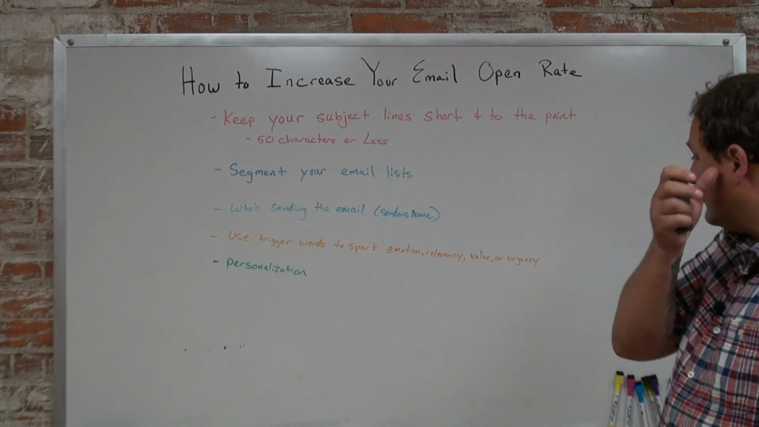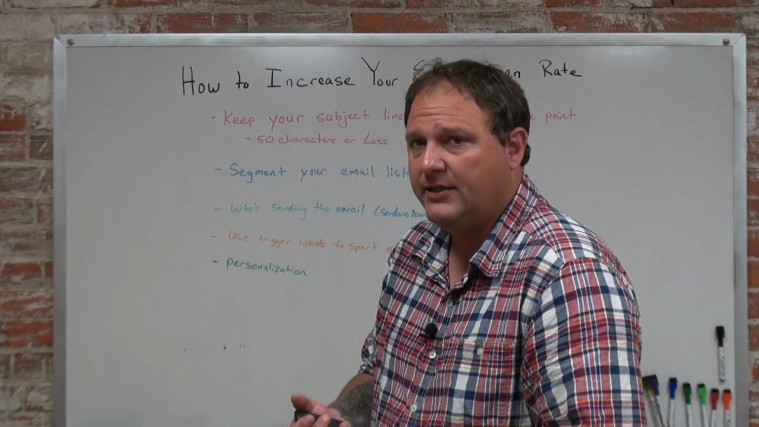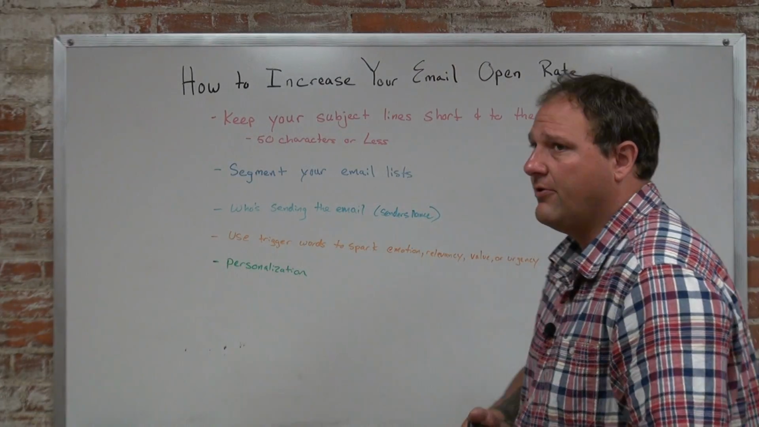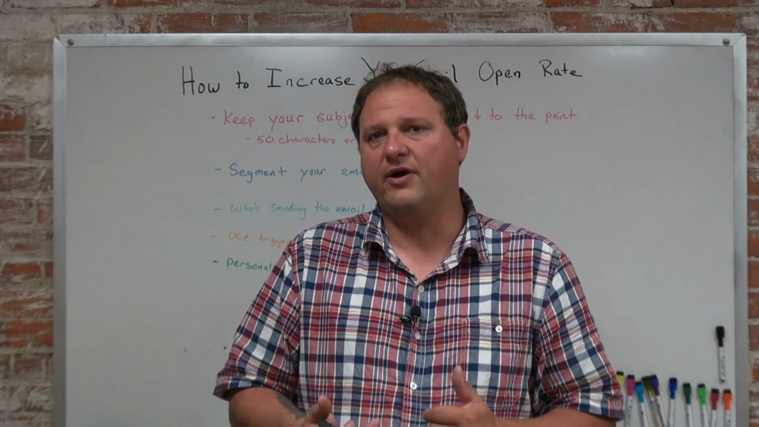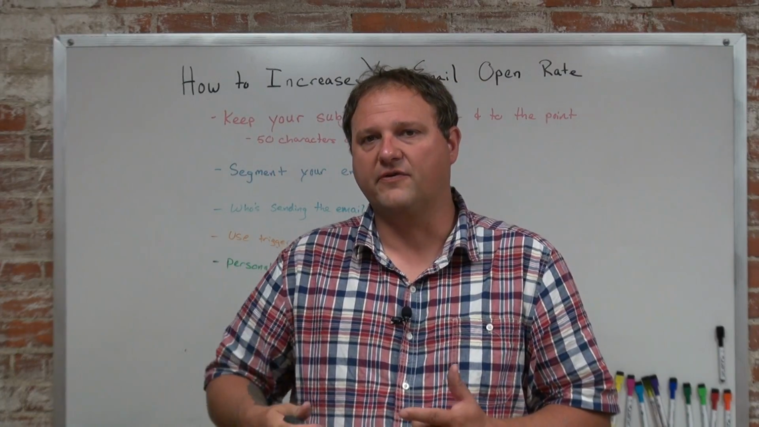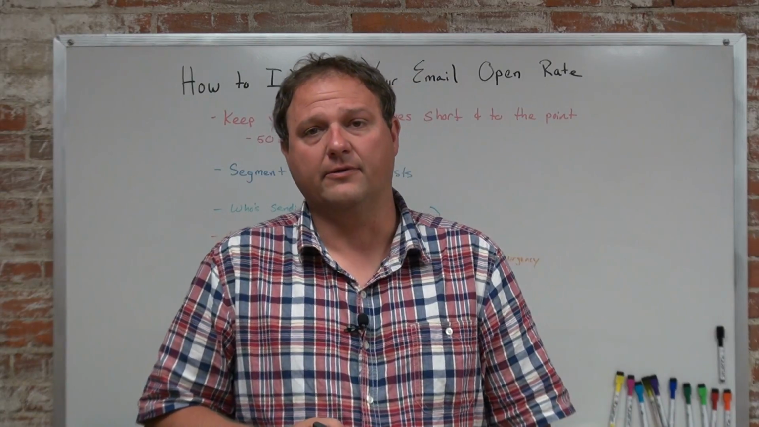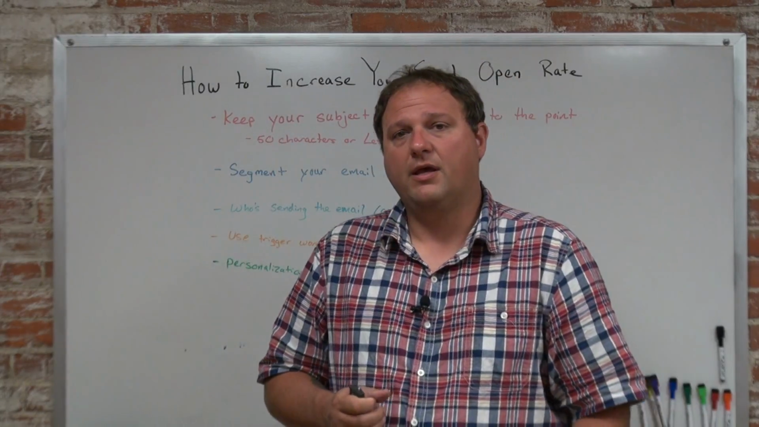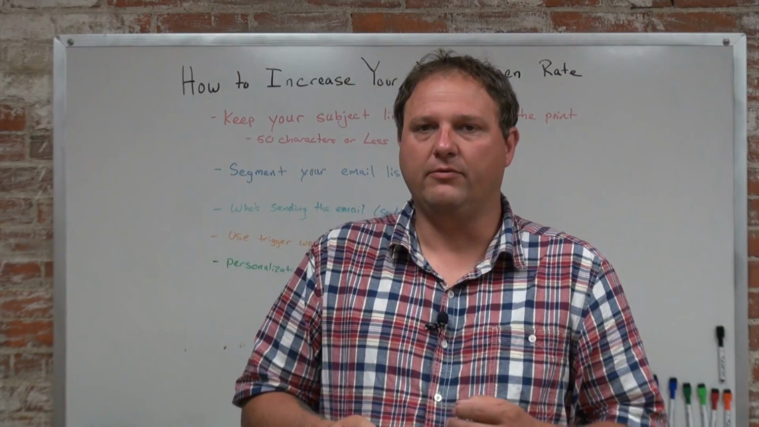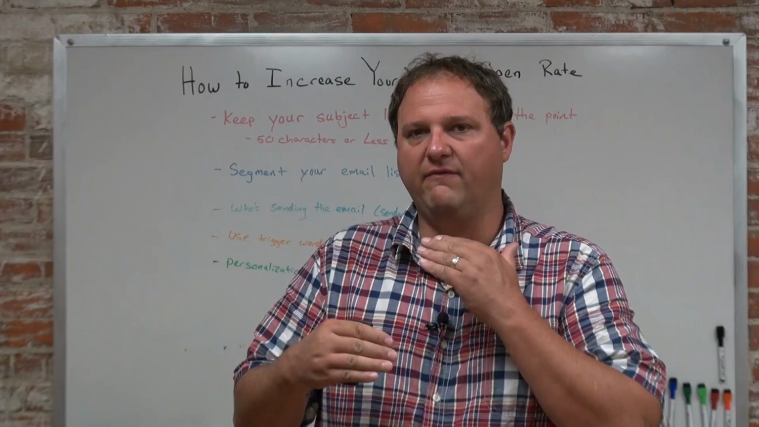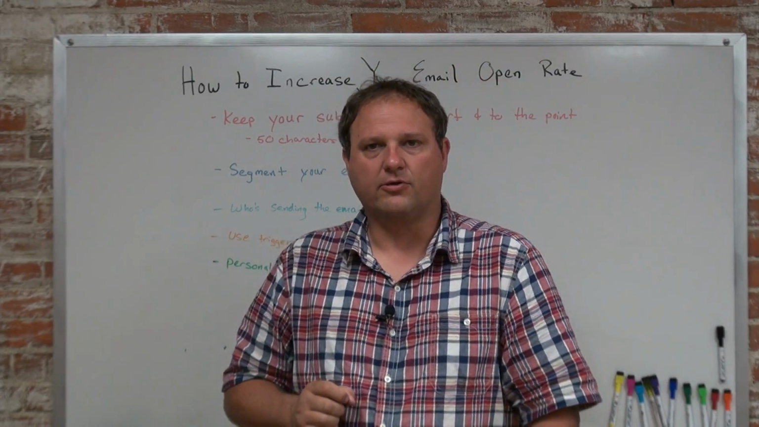Use trigger words to spark emotion, relevancy, urgency, and value. So CoSchedule has a great headline analyzer that you can use for blog posts and stuff like that, but you can use it for subject lines too. It's a pretty good algorithm they've come up with to rate it, and usually if it's rated 70 or higher, it gives you a green circle, and